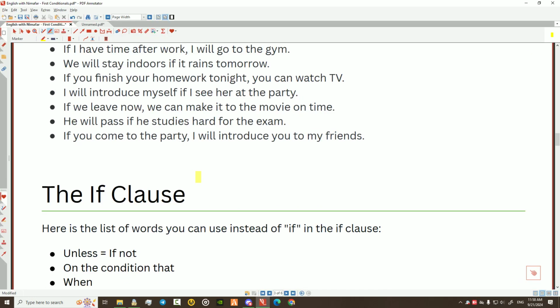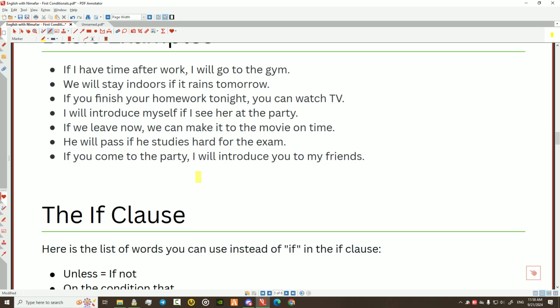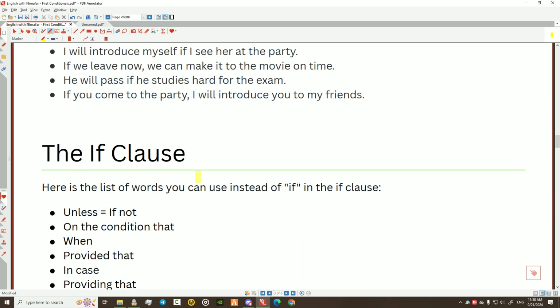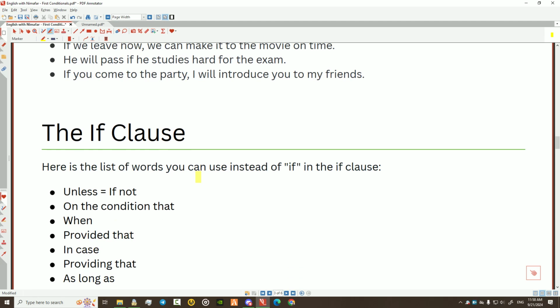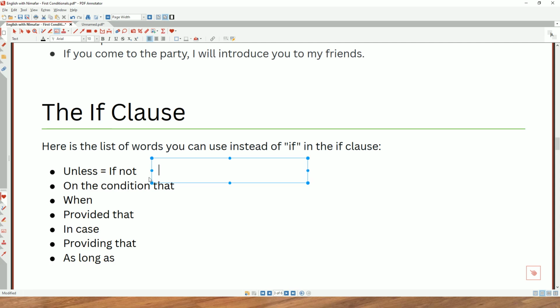The if clause. Now we are here. Very good. Your question. Here is the list of words you can use instead of if. Some people call it alternative, some people call it replacement. Doesn't matter. For example, unless. Let me type it. I think typing is better. I say,